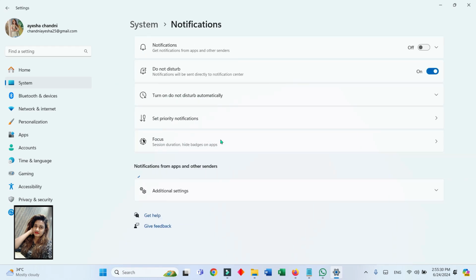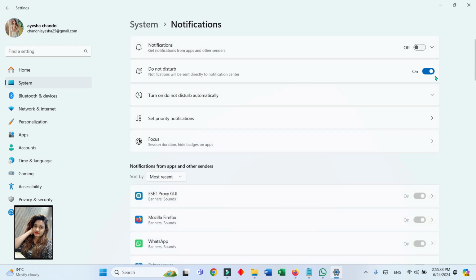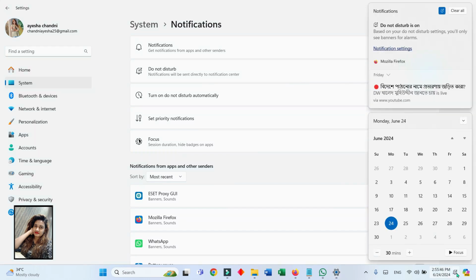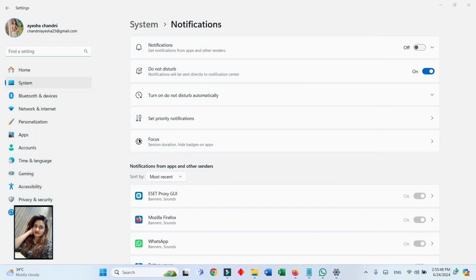So here I will get it. Here I had turned it on before. Now I want to turn it off. So when I turn it on, see, when I keep the mouse on this icon or press this icon, or just hover over this icon,